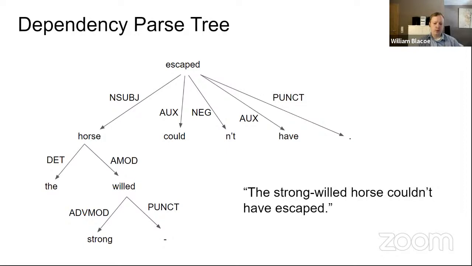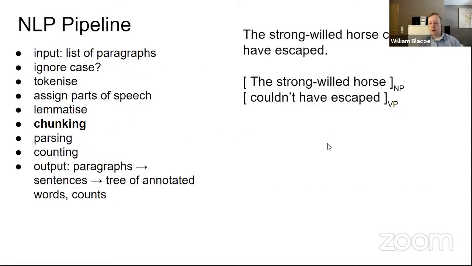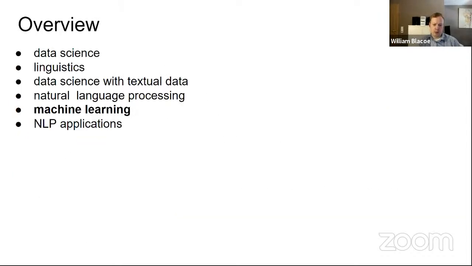And again, we use such syntax trees to come up with, well, we can use it in many different ways. We use all this stuff, like the tokens, the parts of speech, the lemmas, the chunking, and the syntax trees can be used for many different applications, like trying to figure out the meaning of the sentence. And how to get from those data points to a logical formula is not simple at all. And logical formulas are, by the way, not the only way of expressing the meaning of words and sentences. We might get into that.